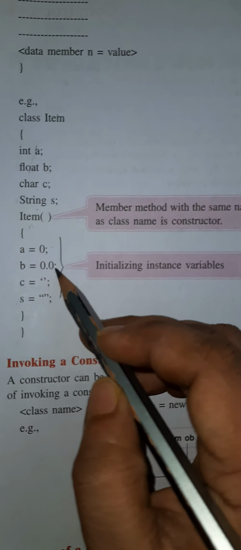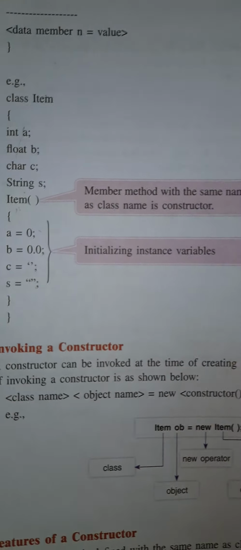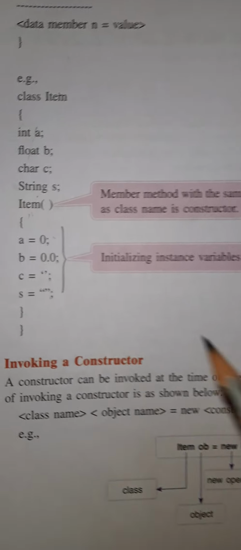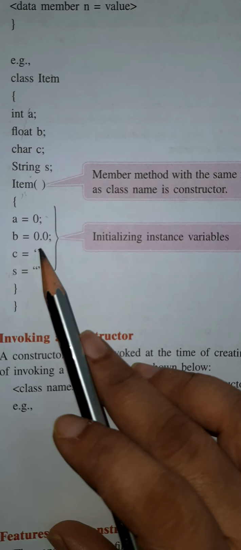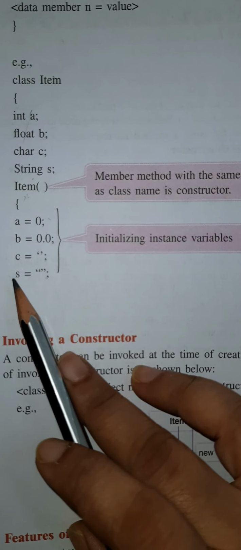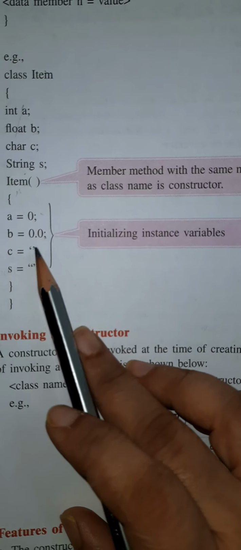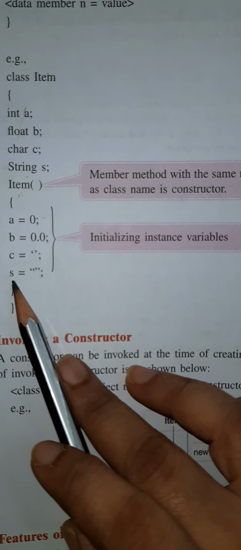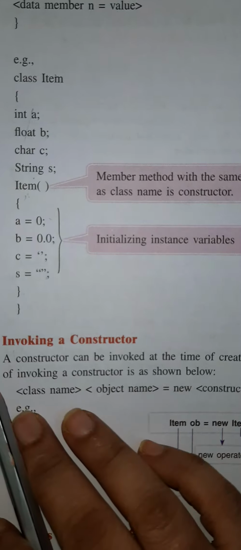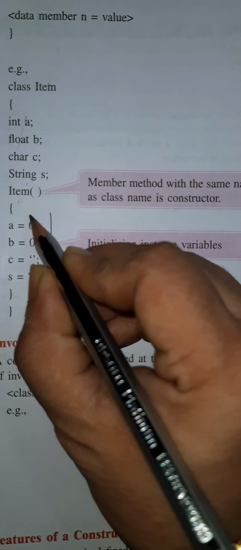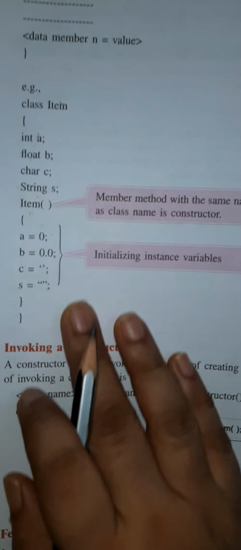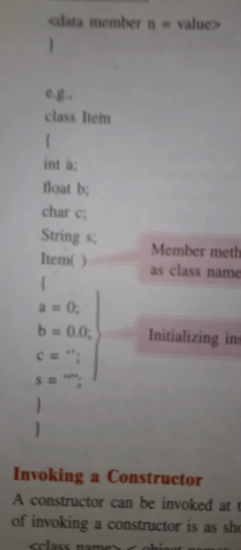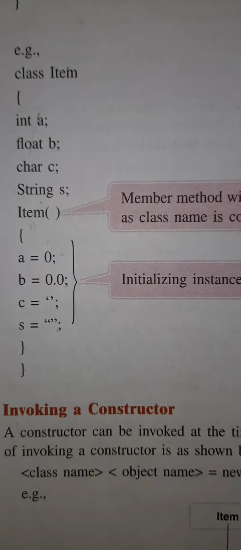Inside it we normally initialize the initial value, that is 0 for integer, 0.0d for double, 0.0f for float, a single space in single quotes for character, and a space in double quotes for string. But if you wish, we can also give any number. If instead of 0 I want to give 5, I can give that too. But normally when we say initializing, it means we are giving the starting zero value to it.